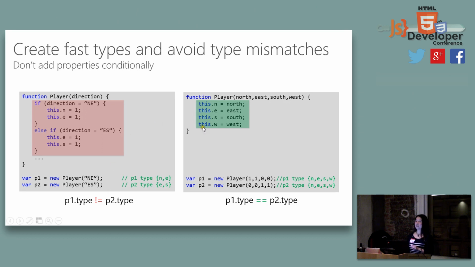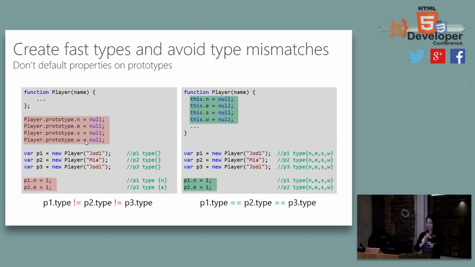The good way to do that is do not use the if statement if you can. Just assign the property like that. Then when you actually initiate P1 and P2, these are the same object type. So this will be faster because it saves memory, it's fewer objects. This will create a lot of unnecessary objects. Good?